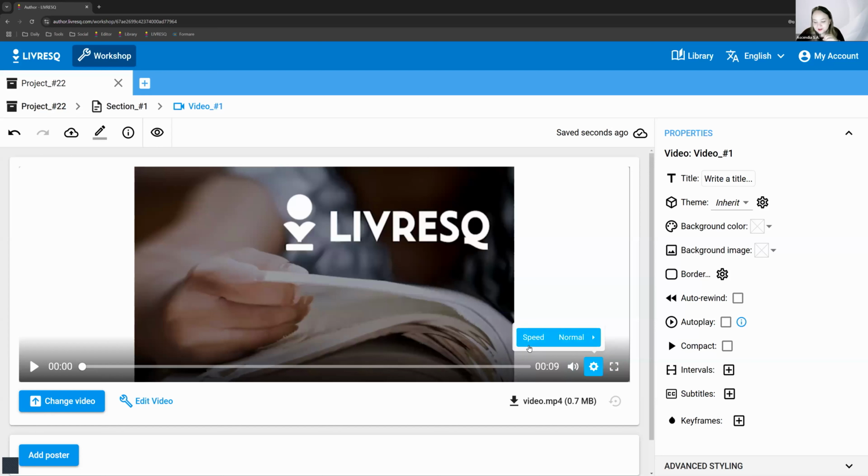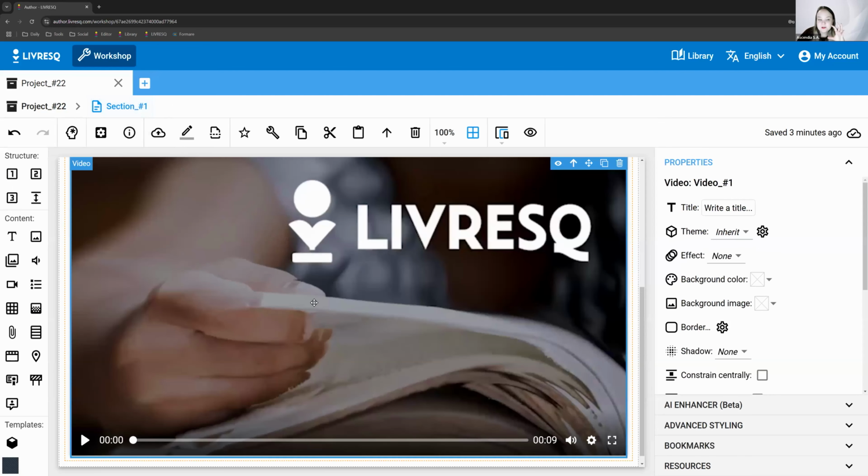I have a lot of friends who go through videos a lot faster, so they actually increase the speed. If the user clicks on speed, they have all of these options here, so they can make it up to 2 times faster. They can slow it down quite a bit as well. These are video options, and we went through